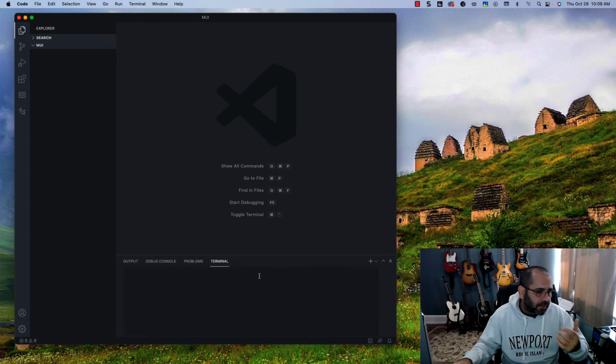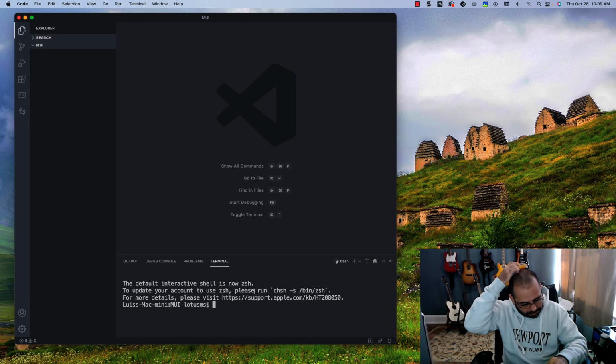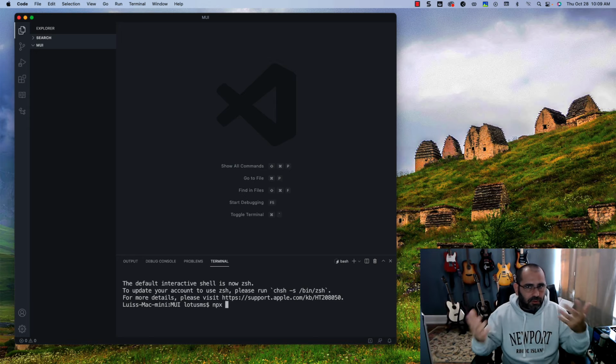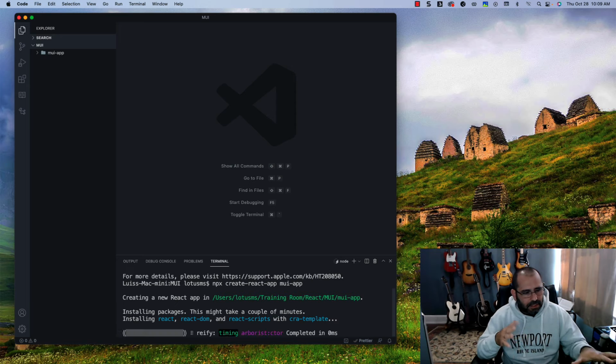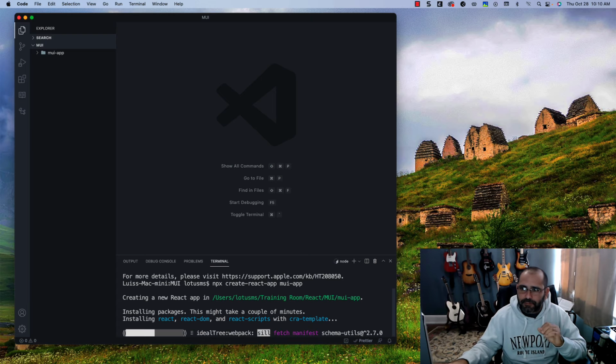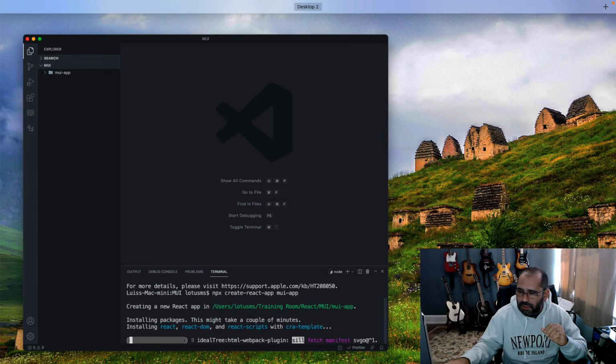I'm going to create my React application. So npx, to install my package from npm, and that's going to be create-react-app. I think they may have an acronym for this, like a shorthand, I don't know. All right, and I'm going to call it short and simple, mui-app. It doesn't matter what you call it really. And I'm going to go ahead and let it do its thing, and it's going to go through the motions